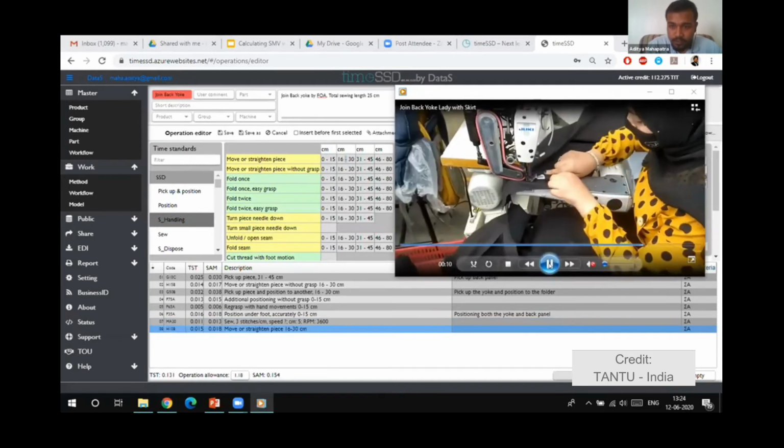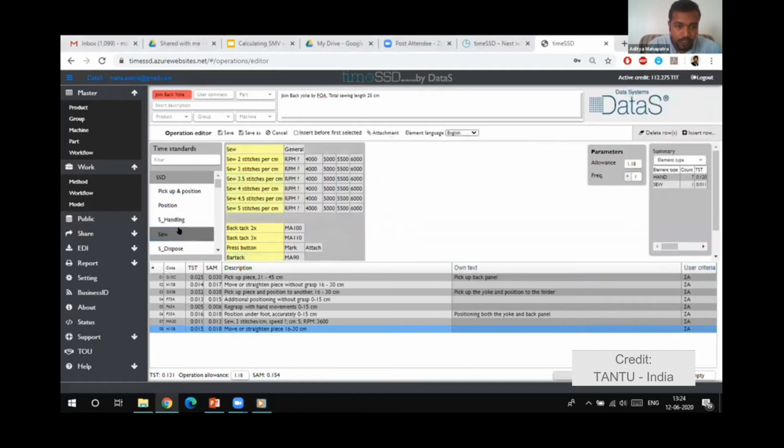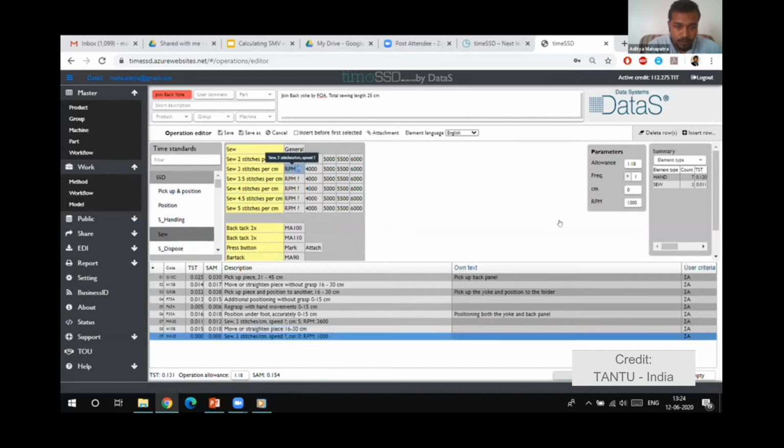And after that, she is completing sewing the entire length. Now we have to add another sewing element here. I will add the sewing element. Here I'll define the machine speed as 3600 RPM. And the sewing length here is approximately 20 centimeter.